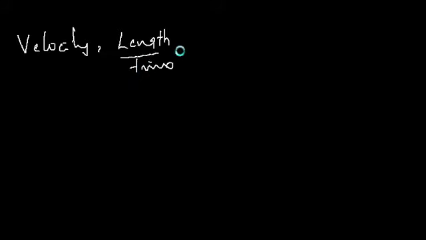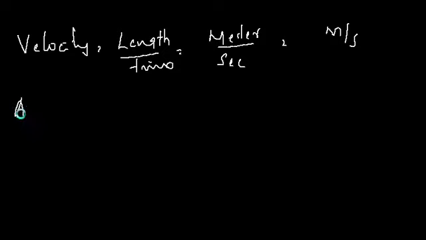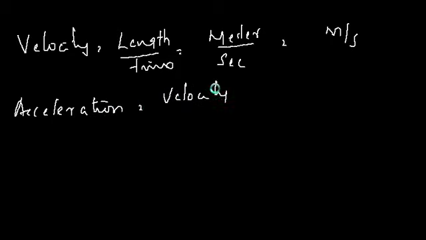We already defined the correlation between velocity and acceleration in the previous video, and we know velocity is length over time, and in SI system, length unit is meter, time is second, so velocity is meter per second. Acceleration is velocity over time,